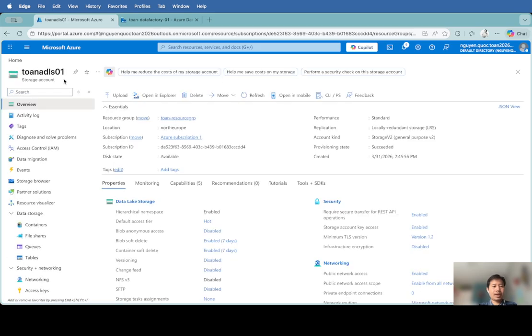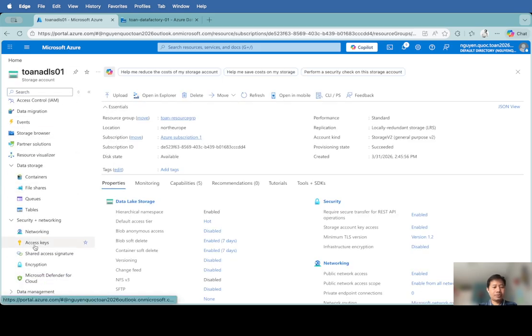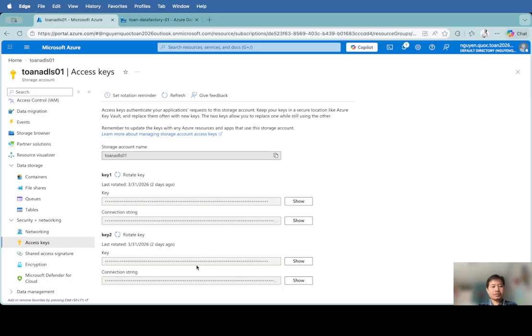Go to our storage account and navigate to access keys. We have two keys here. We can select one of those. So I will copy this key and go back to